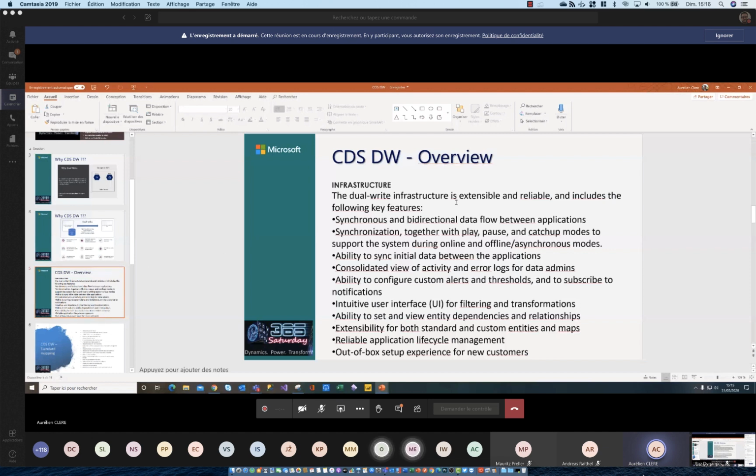So as I said, it's extensible, and it's synchronous. I think this is really important because when a user modifies a contact in CRM, you want to have the contact synced in near real time. Microsoft says near real time, so it's not real time and not asynchronous, but I think it's within 1 or 2 seconds.